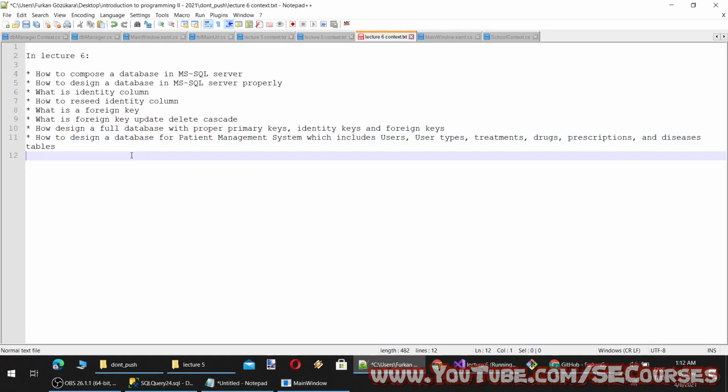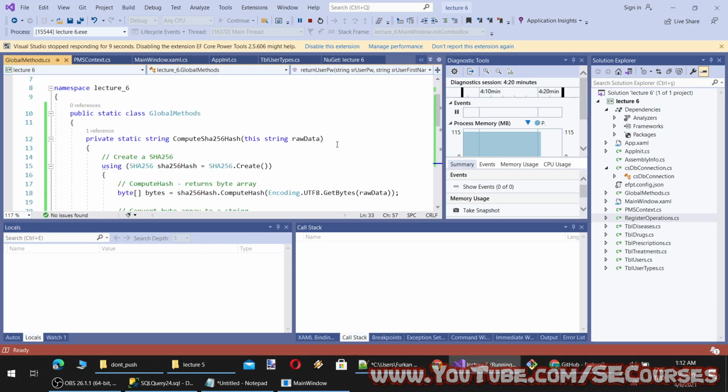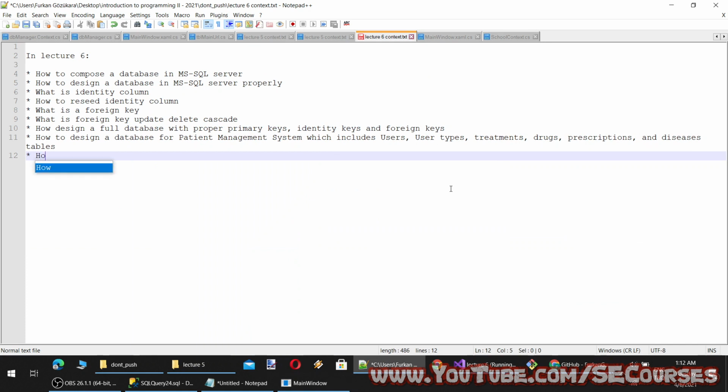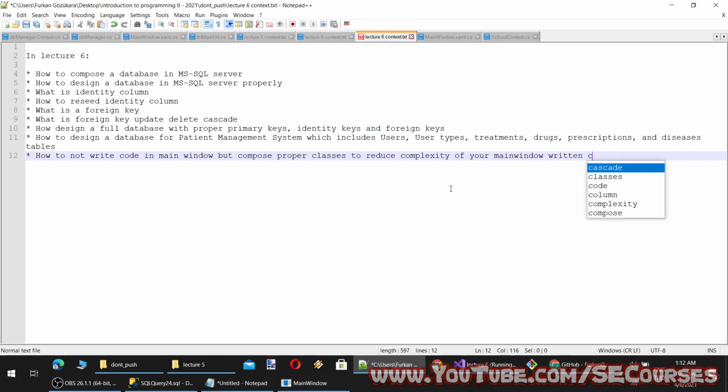So let's record all of them as notes. Okay, how to not write code in the main window but compose proper classes to reduce the complexity of your main window code.